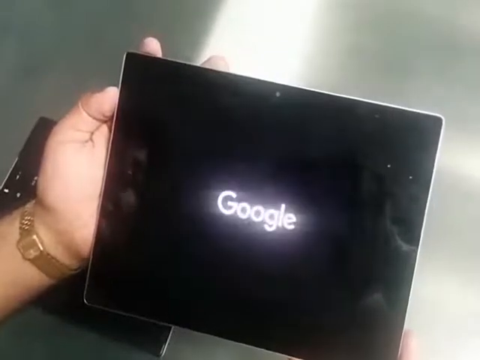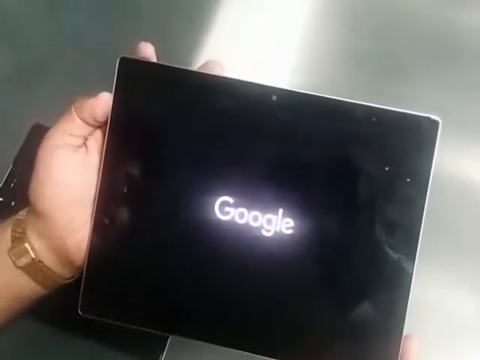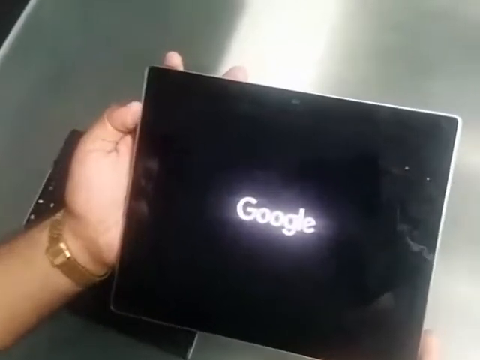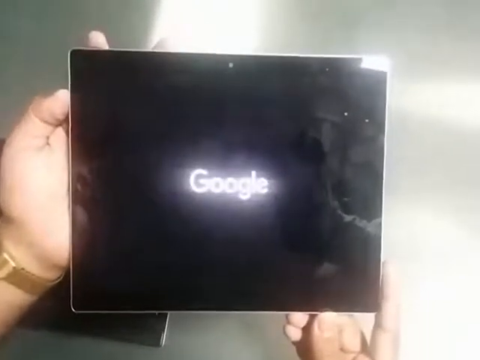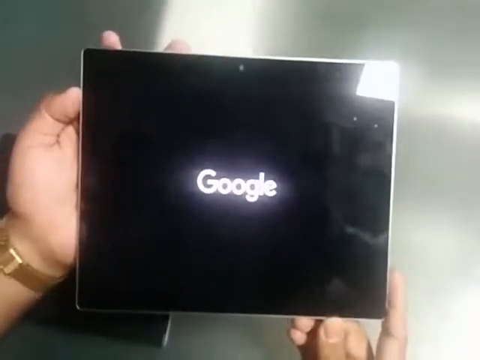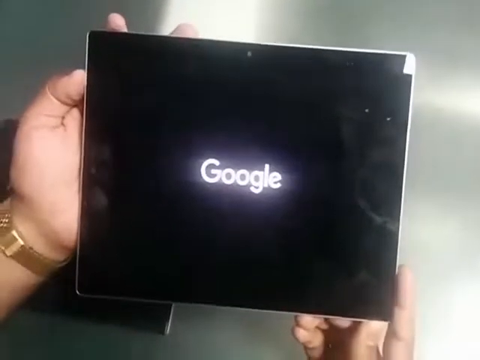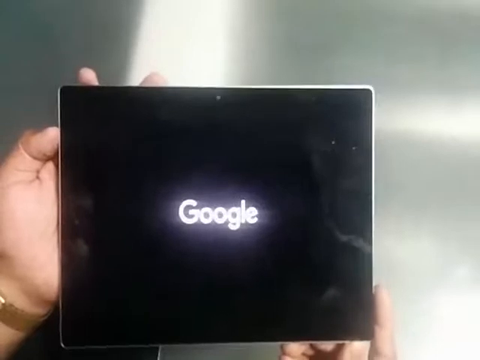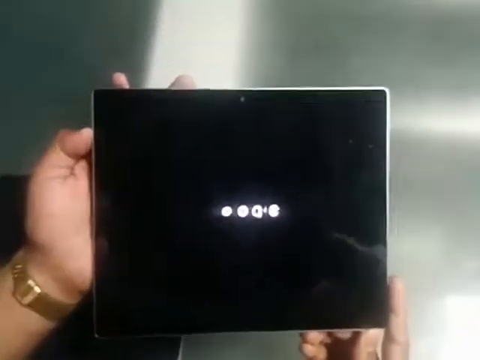Be careful when purchasing this tablet, because Google doesn't have an online solution for this problem. The last option is to replace the device, and the main issue is that if you are not in a country where Google supports this product, it will be a very frustrating job, as you have to go to that country again to replace it. I am facing the same problem, so this is just for your information.